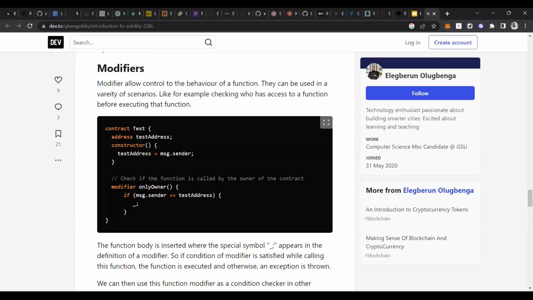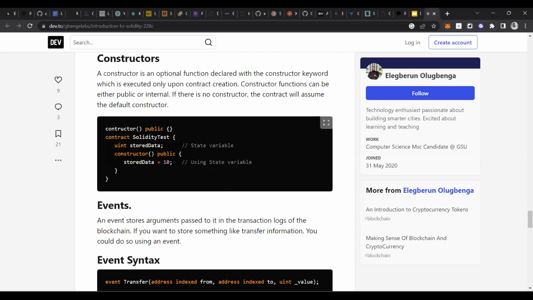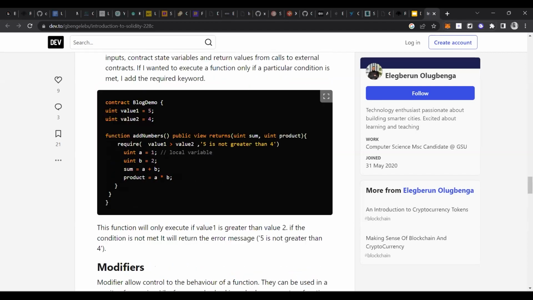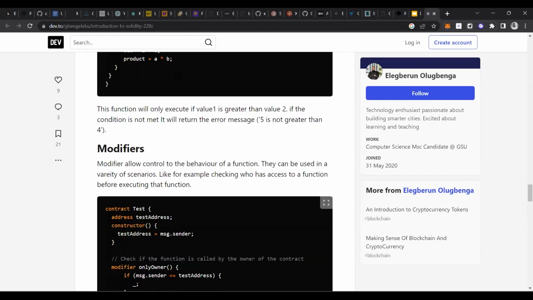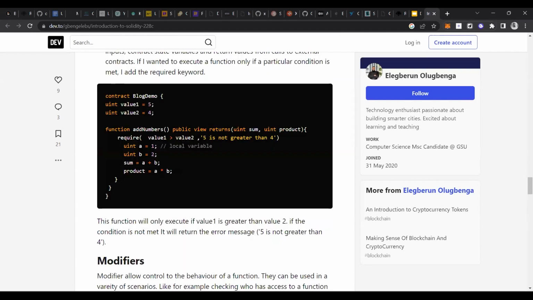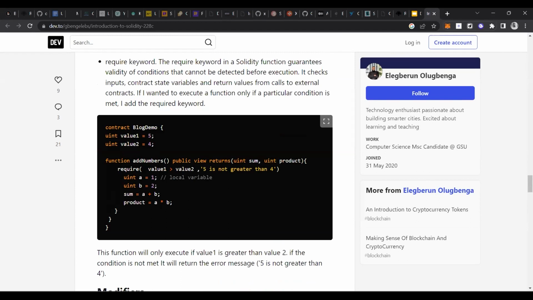Now when the modifier is called, like in this add number function, you have to call it from the owner only. So you have to mention the onlyOwner keyword here, before the return.